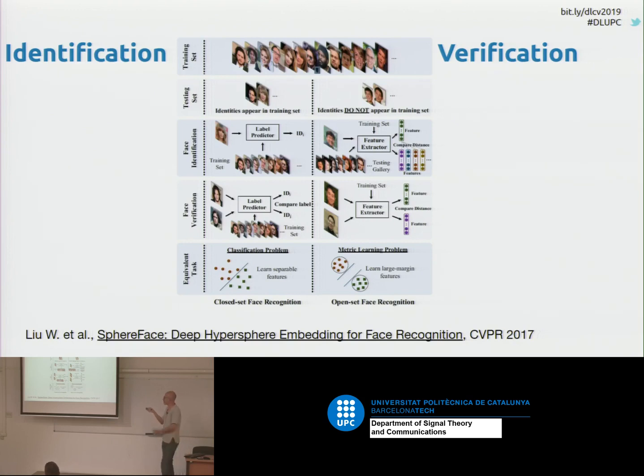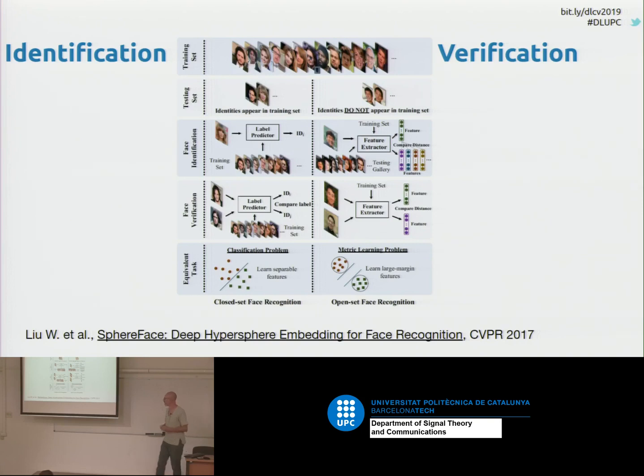So in this case, what you usually have to do is to use face verification. In face verification, the idea is that you extract some kind of feature vector and you compare it with the feature vectors of the known people. And then using the distance between feature vectors, you can determine if this feature vector corresponds to this person or to this person or to none at all. If the distance to all of the known person vectors is too large, then you will decide that this person is not in the database.